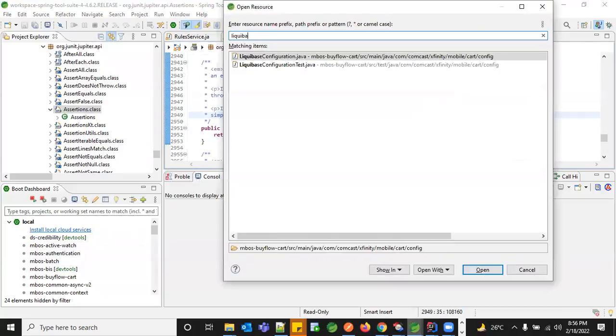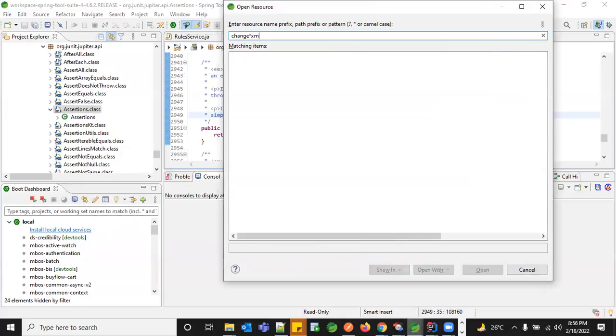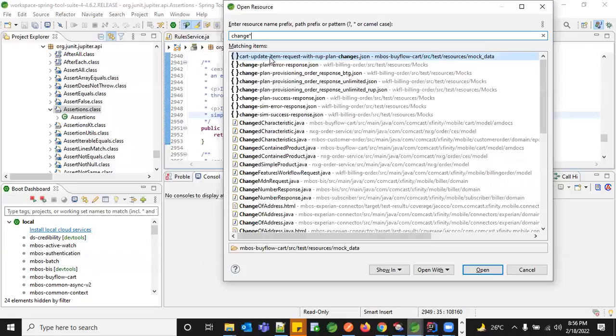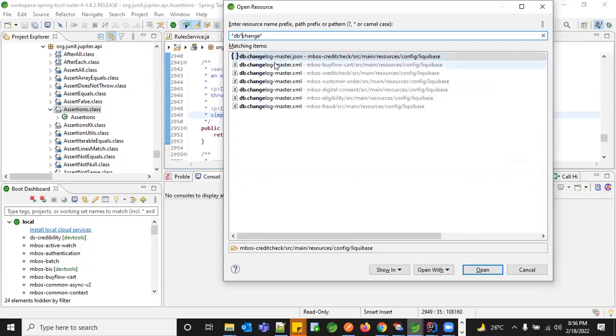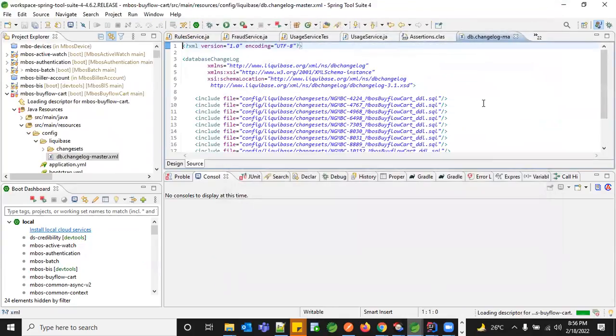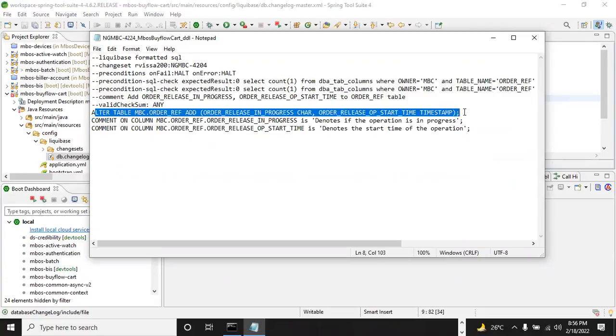So through Liquibase, what we do is we create our own scripts. Whenever a Java package is being built, we create our own Liquibase package. And in this particular file, we have our own script which has to be executed. So this will have a precondition, whether this particular table is present or not. And then we check, and then we do the alteration and then we commit the changes. This would be the way.